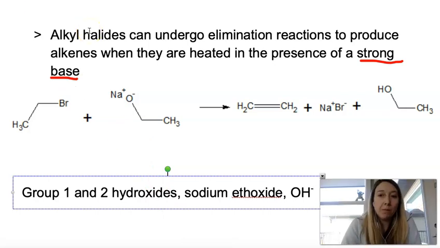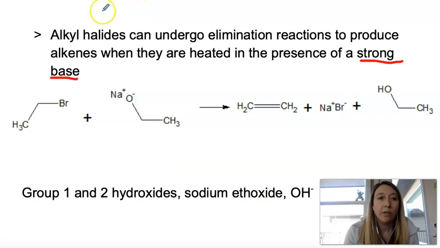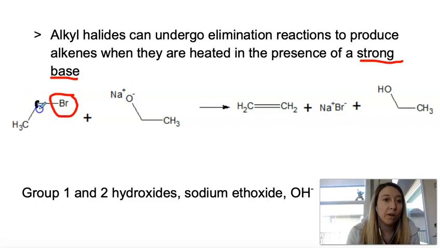Okay, so a little bit similar to the other type of elimination in that we are going to be creating a double bond, but a little bit different in how we go about doing that, okay? Some parts stay the same. I talked about how you have that special thing that's going to come off. In the case of an alkyl halide, that special thing is your halogen. In this case, this bromine is going to come off of the carbon that's here. This carbon isn't drawn, but think of it as there's a carbon here, which has 2 hydrogens on it, okay? So when we add our strong base,